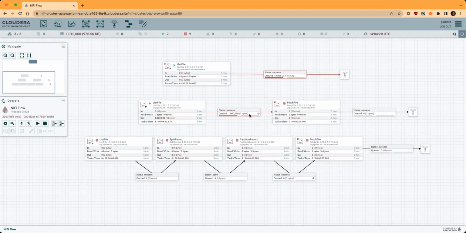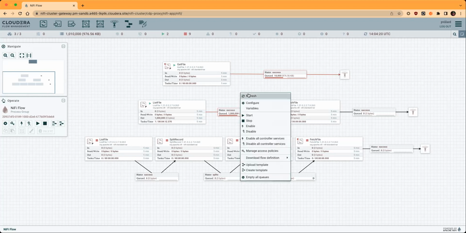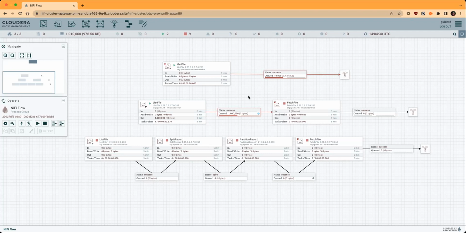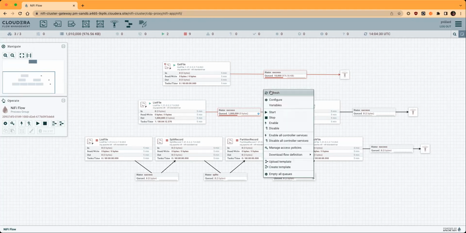And if I look here, I can see that now the shuffling is active. So I'm shuffling all of those flow files across my NiFi nodes in my cluster, so that not all of the flow files are on the same node, the primary node,